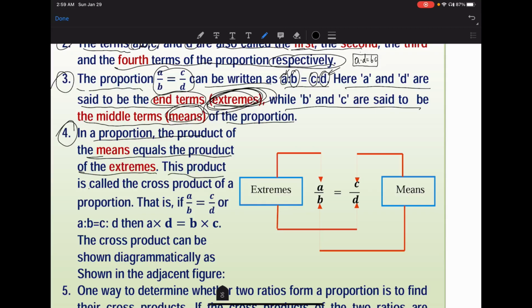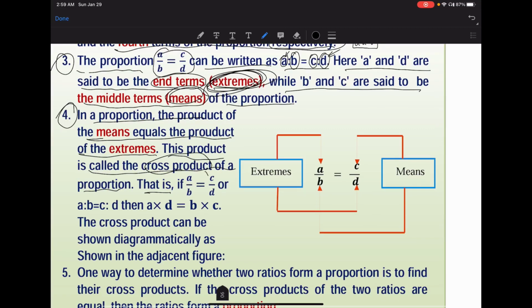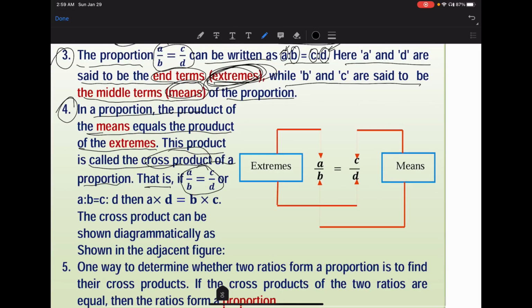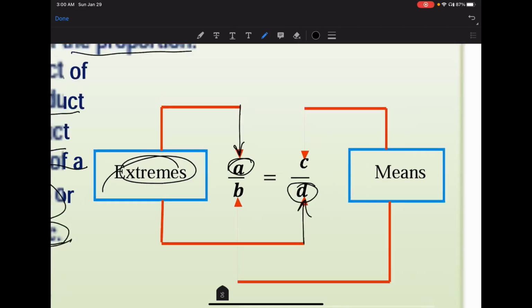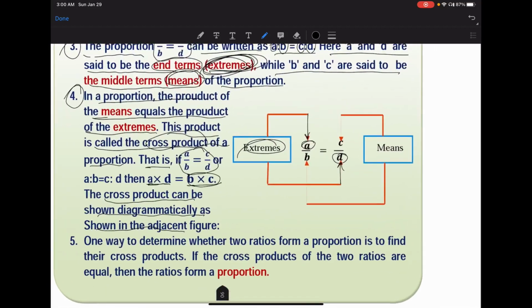ማለት ነው this product is called the cross product of a proportion that is a over b is equals to c over d or this then a times d okay the product of the extremes is equals to b times c the product of the means a እና d ምንድን ናቸው they are the extremes okay the extremes so በቀስተ ማሳየታችኋል a እና d they are the extremes while b and c they are the means or the middle terms